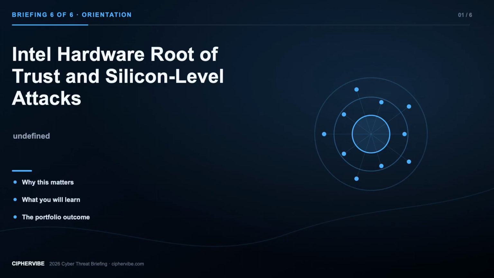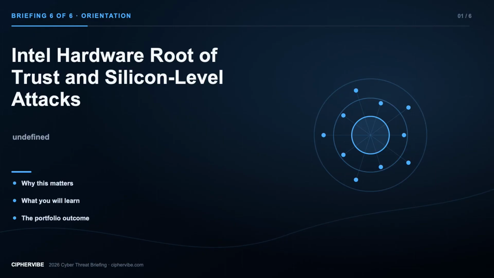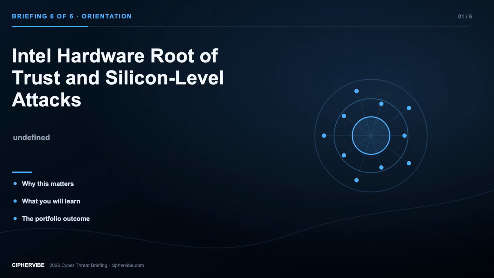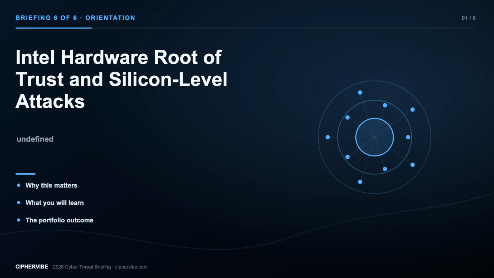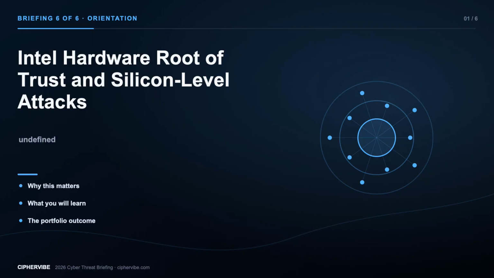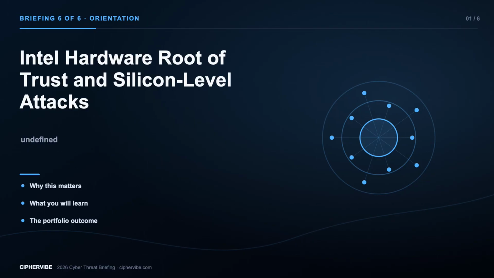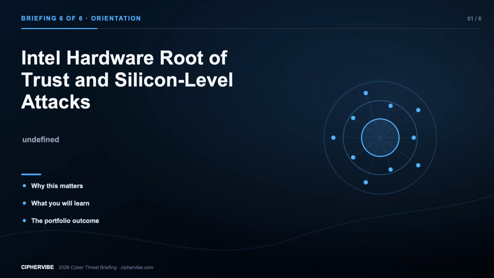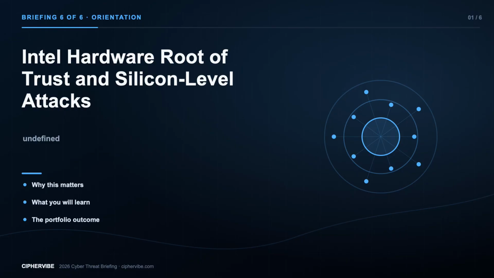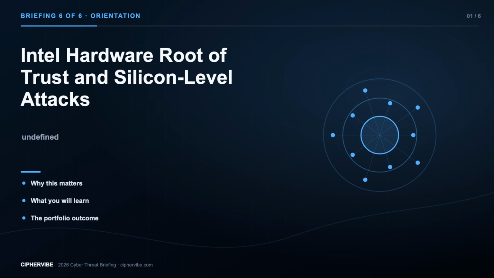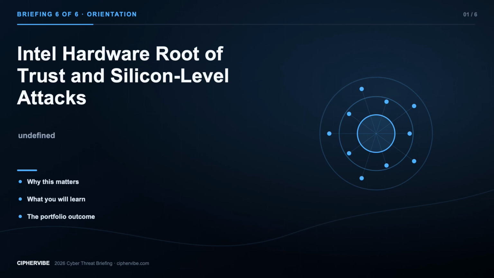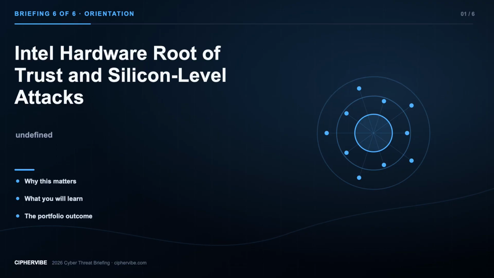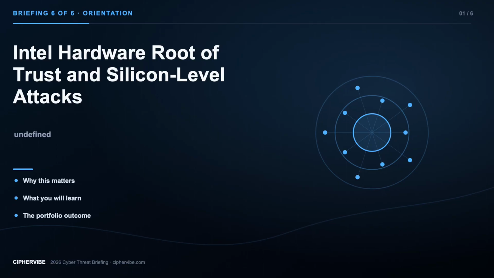Today, we will make Intel hardware root of trust and silicon-level attacks understandable, practical, and connected to the rest of your learning path. Modern processors predict and execute work speculatively for performance, then discard architecturally incorrect results, but microarchitectural traces can sometimes leak information across boundaries. The correct response is not to declare silicon trust dead. It is to understand affected processor families, deploy coordinated mitigations, verify attestation state, and reduce exposure where isolation assumptions are